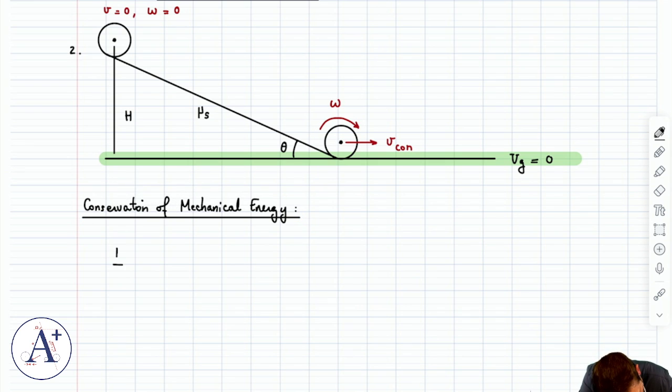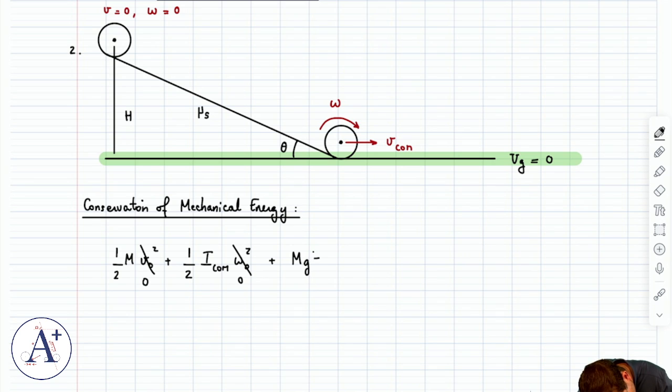Well, it ought to be, if we're rolling without slipping, 1/2 m v0 squared plus 1/2 I center of mass omega squared. We'll call it omega 0 squared maybe. But because we're at rest, this is 0 and this is 0. So there's no kinetic energy at the beginning. And then we have mgh